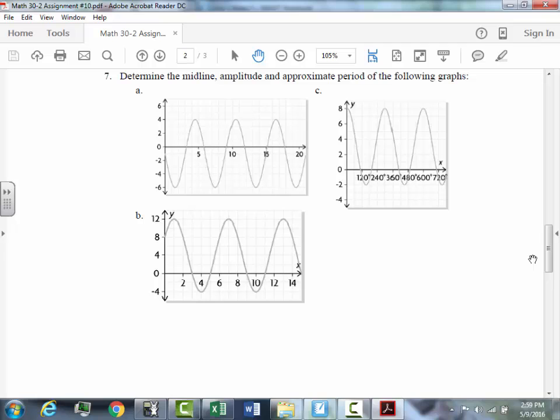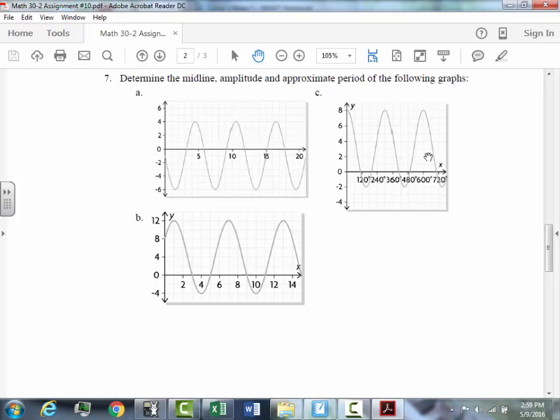Okay. We can probably do this a little bit. Like for example, on graph 7a, I feel like the middle of the graph probably goes right about here. So it looks like I can put a line right across at about -1 probably. Does that make sense? On this graph right here, it looks like the middle of the graph might be at about 4 perhaps. Make sense? This graph right here, the middle of the graph might be at, what's the middle there, maybe 3? That makes sense? So tomorrow we're going to talk more about these equations and how to work with them based on learning,